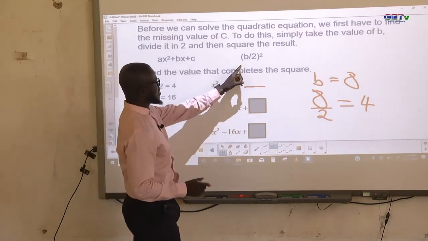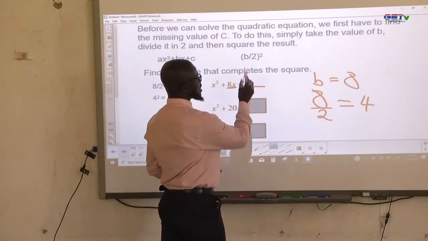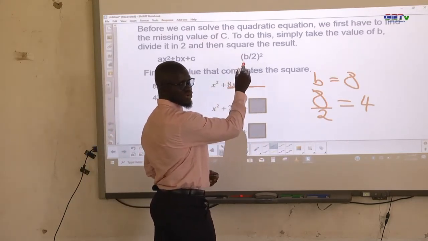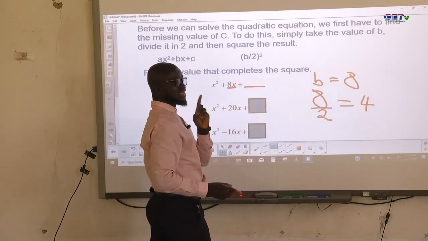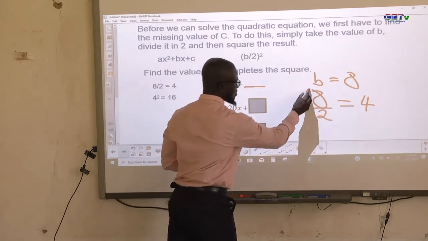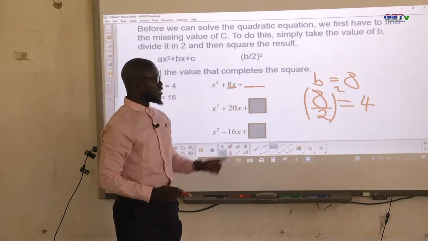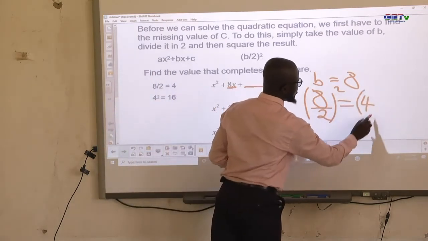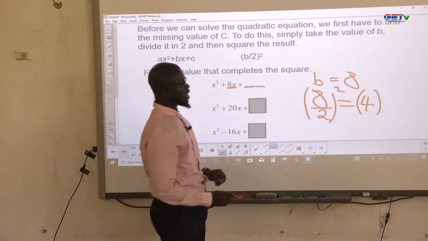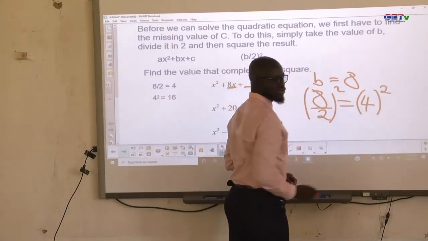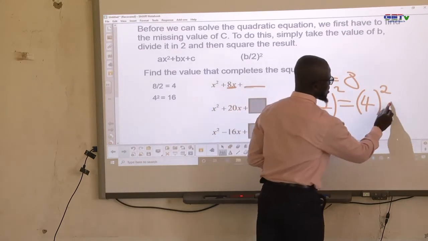And the next step, remember, is, from the rules given on the board, anytime you take the value of B and divide it by 2, the last step to the answer is you have to square everything. Taking the square will enable you to get the answer to the space provided. So the answer to 4 raised to the power 2, which is the same as 4 times 4, is equal